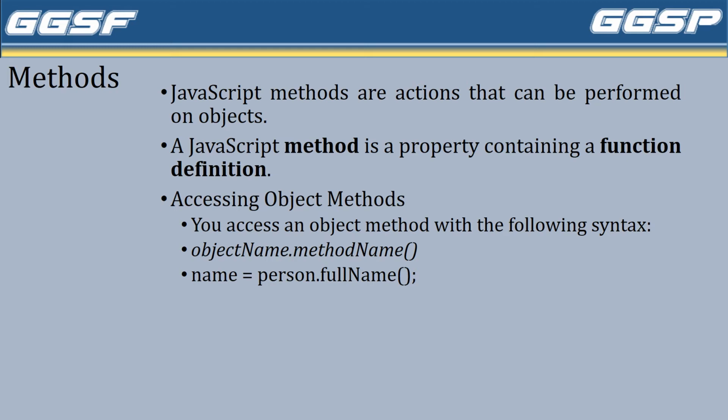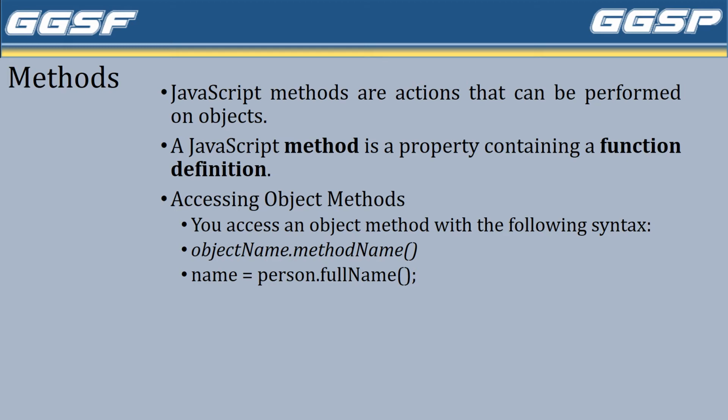So for example, consider a submit button on a form, right? And that submit button has a label, and when we click on the submit button, the form is submitted to the server side. Means the data from the client is going to the server. So this is some action. So whenever we are taking an action, it is going to the server side. To access the methods, again there is a syntax, that is object dot method name with parentheses, that is name equals person dot fullName.